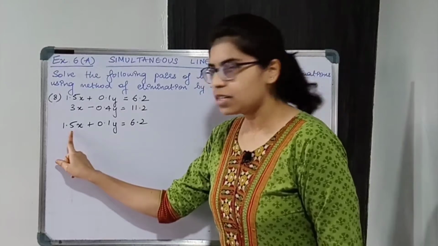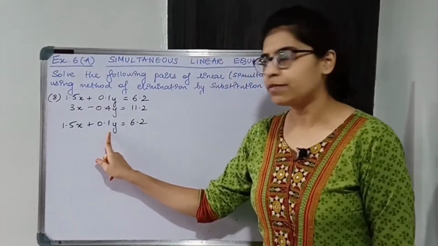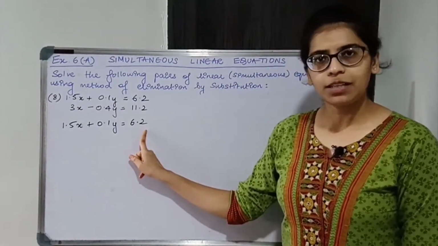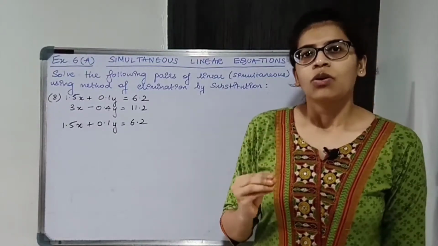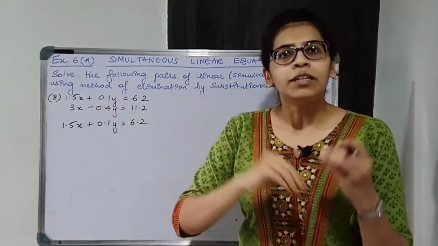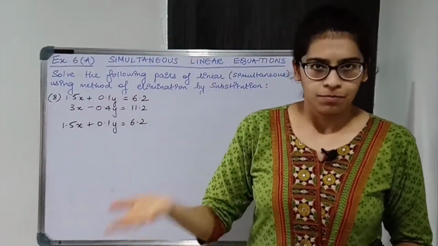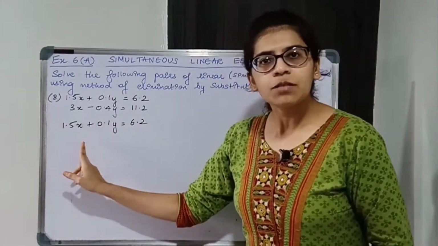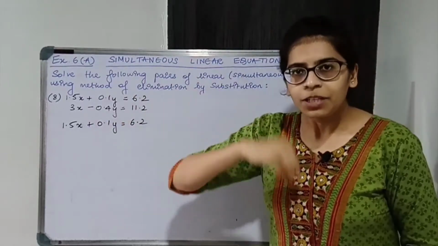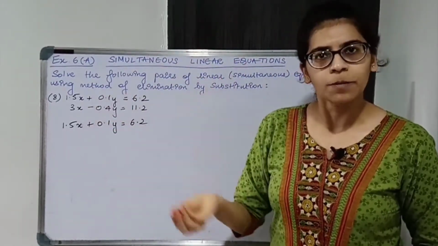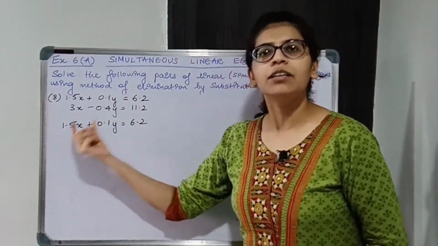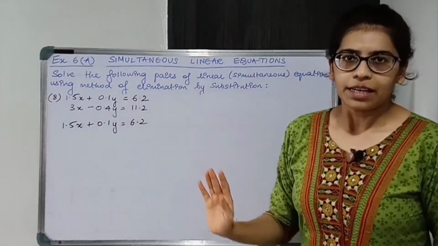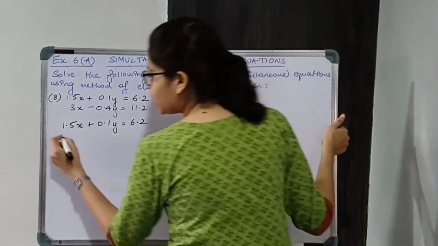After decimal point there is one number. Over here also after decimal point one number. Over here also, after decimal there is one number. So to remove one number we will multiply by 10. Okay, so multiplying by 10. Had there been two numbers after decimal point, multiply by 100. Had there been three numbers, multiply by 1000. Okay, so as many numbers as there are after the decimal, multiply by that many zeros. Okay, so multiplying by 10 throughout.